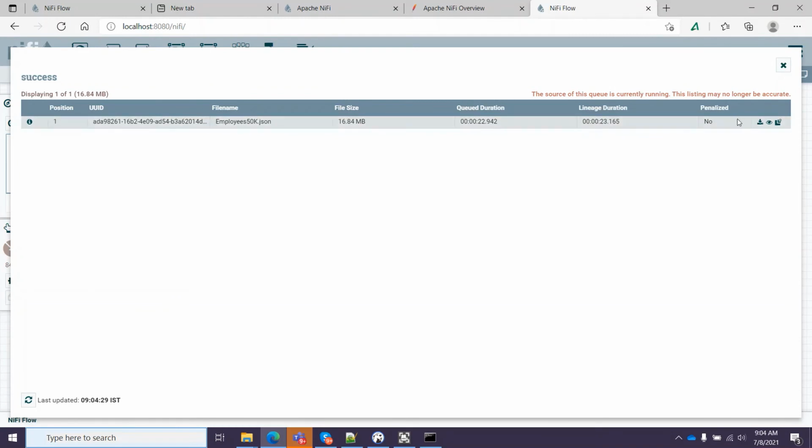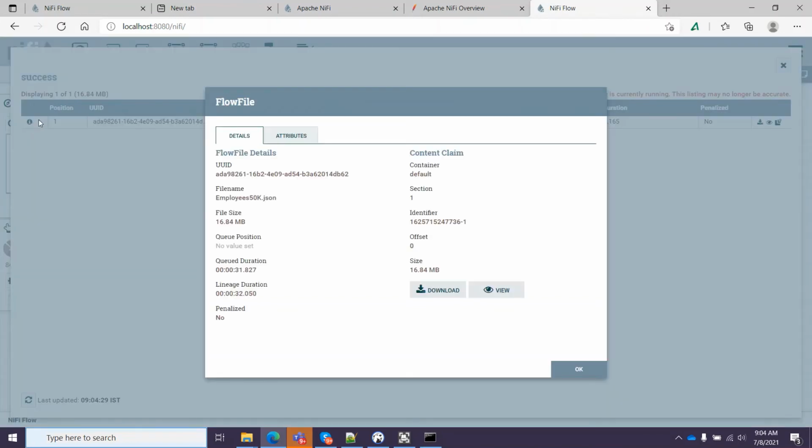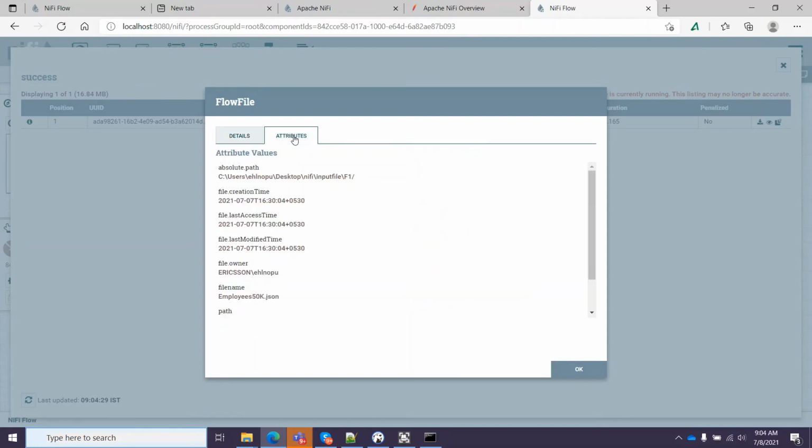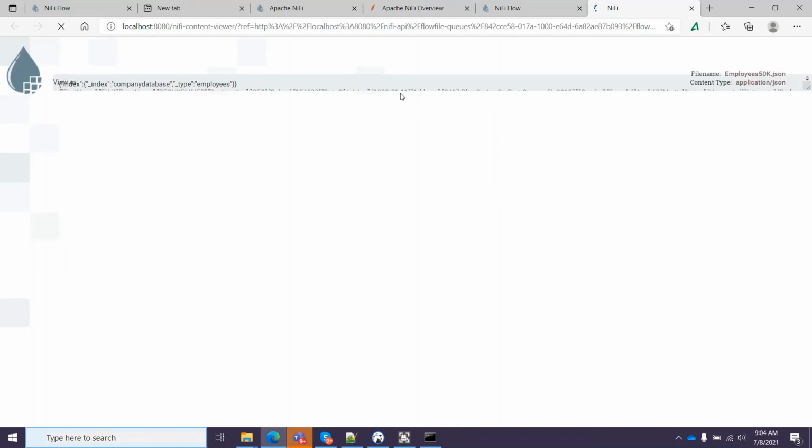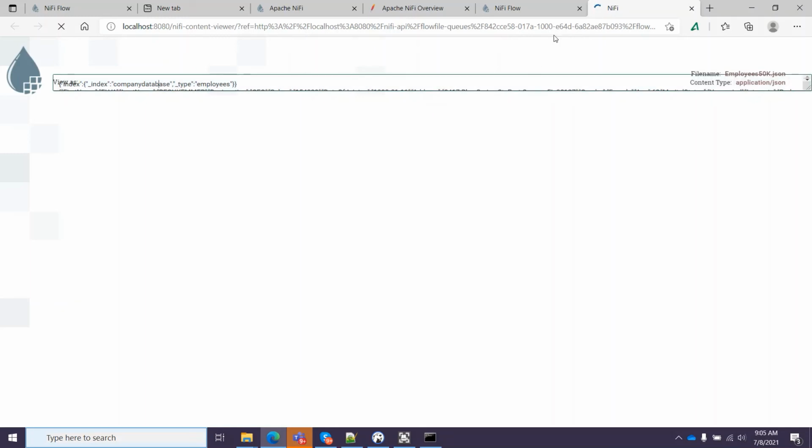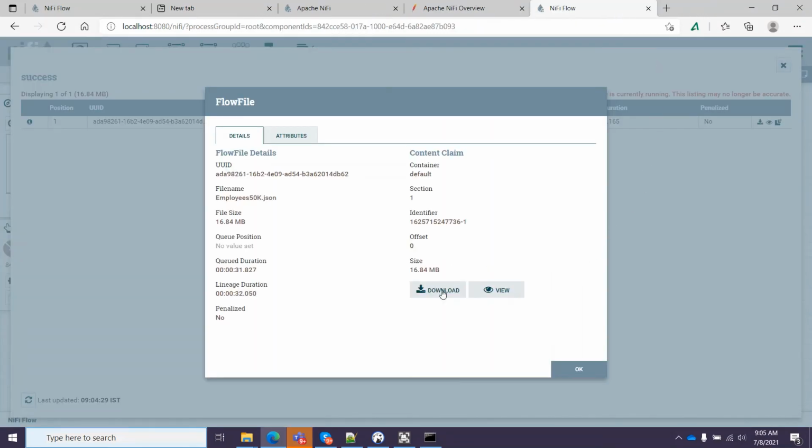You can download it. You can check the configuration. You can view the file also. It's a big file. Better you download it and view, as the view is not very good here.